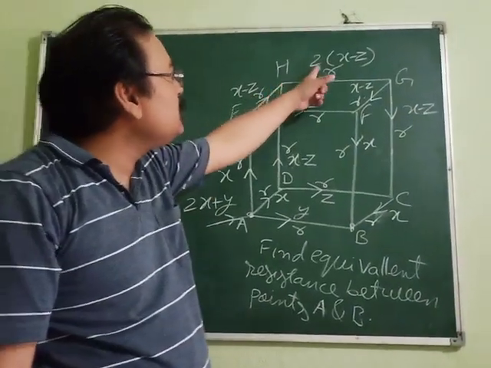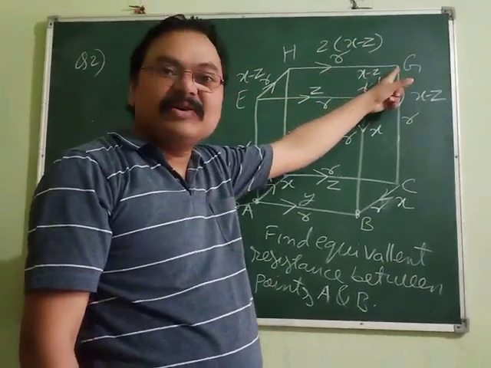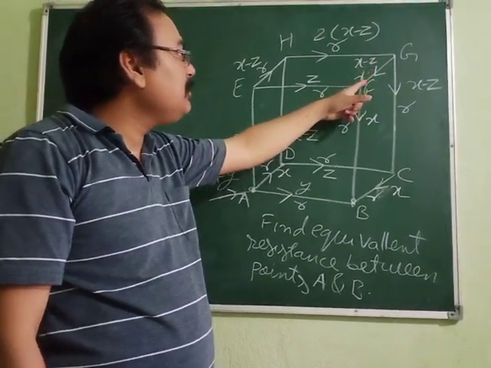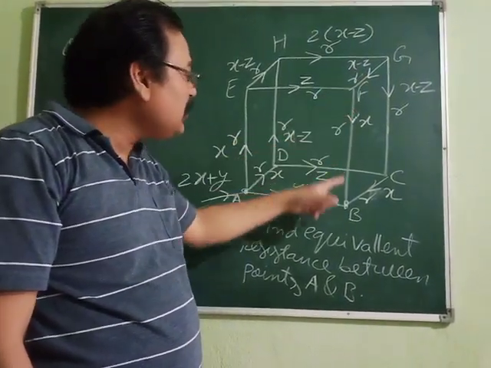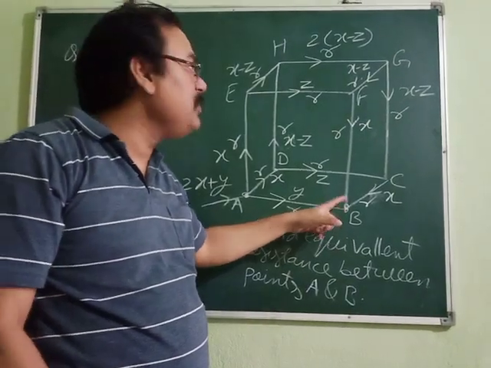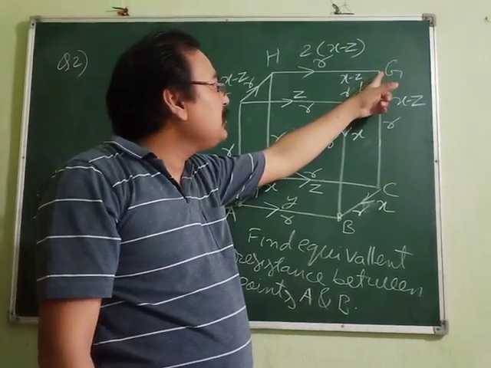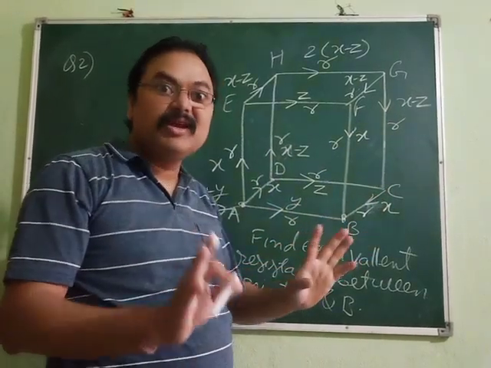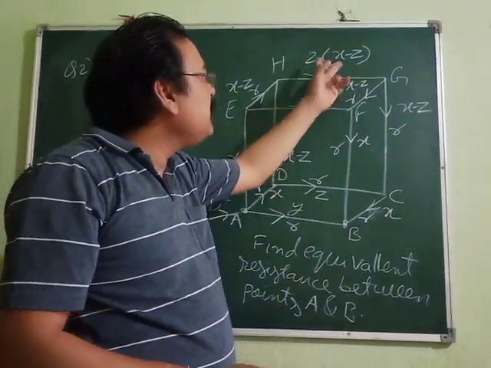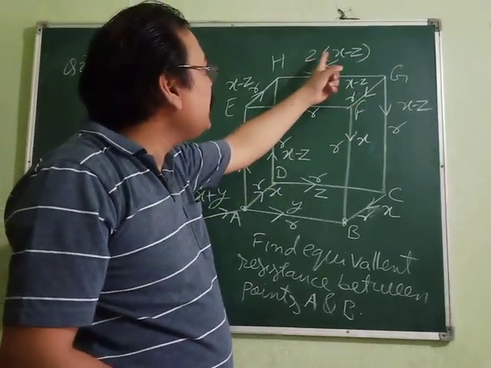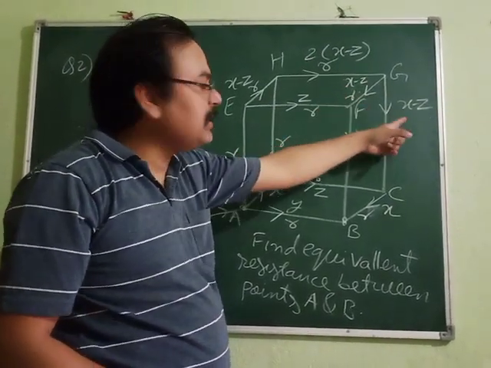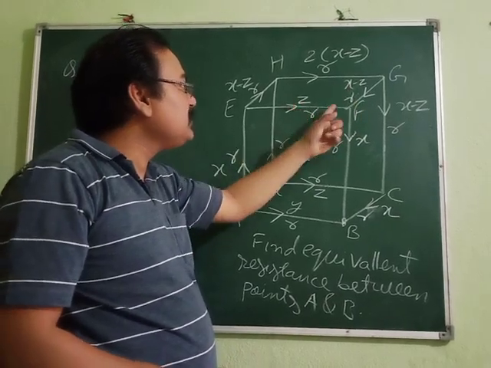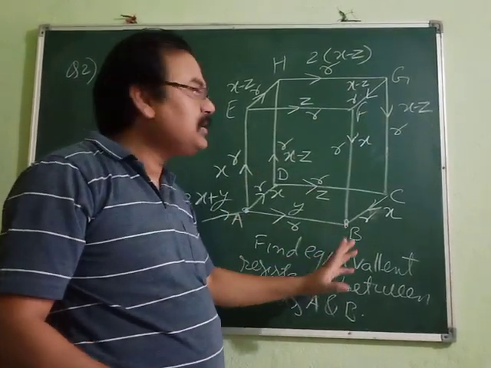See, as this 2x minus Z reaches this junction, it has got two similar paths. From here, if the current is coming, it has to cover one resistor and two resistors, and it will reach the terminal B. And if it is the current which is going to pass through this, it has to cover one resistor and two resistors. So both are equal, similar paths. So current will be divided equally. So 2x minus Z will divide as x minus Z, x minus Z. Now here x minus Z is coming, here Z is coming. So x minus Z plus Z is how much? X. So x is reaching here.